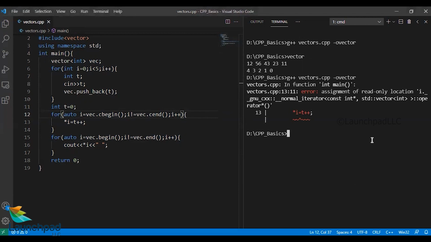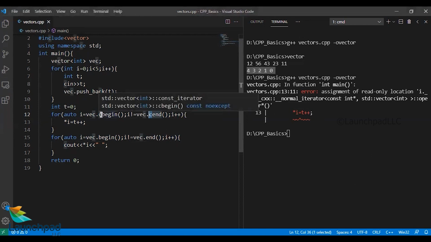Now here is a point which you have to understand. Look at this part. Earlier we were able to alter the values in the pointers, okay? Because we had rbegin and rend. But when we use cbegin, C stands for constant, so we cannot change it. We have only rights to read and print it. We cannot alter the values inside the constant pointer.